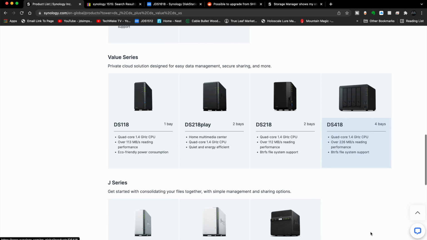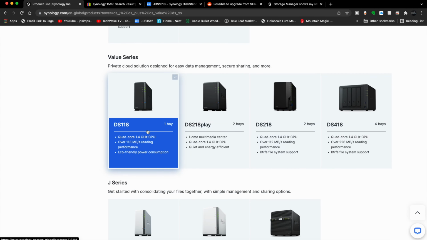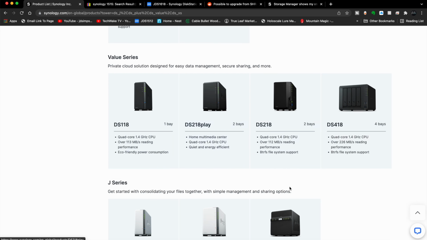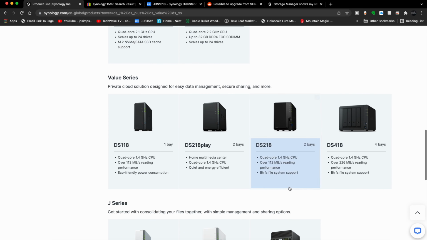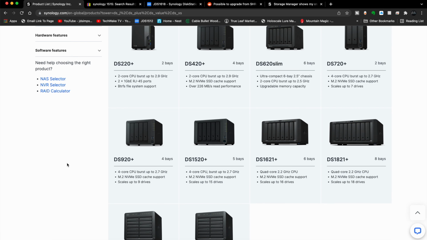Now, I'm going to make a deal. I'm going to say that I'm not going to allow you to buy a single drive NAS. It just doesn't make any sense because you really have no protection with that. And I'll explain all of that stuff in just a minute. I'm going to say that you have to at least stay with 2 bays, and I would prefer you to go with 4. I'm going to show you also where you can go to find these maybe open box buy, slightly used, other variations that might help you out.